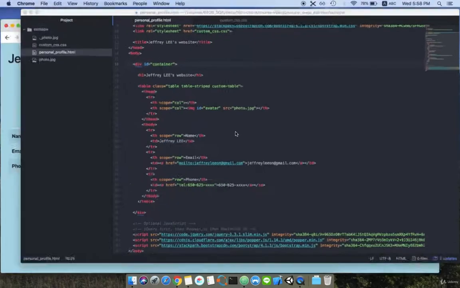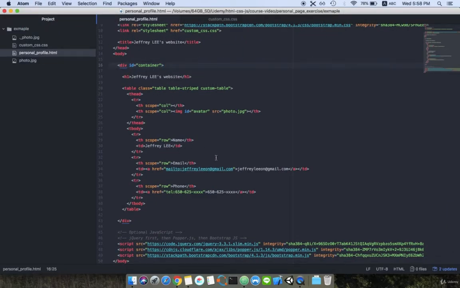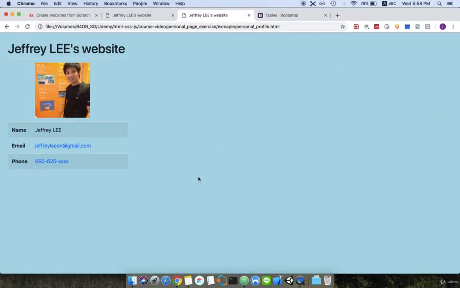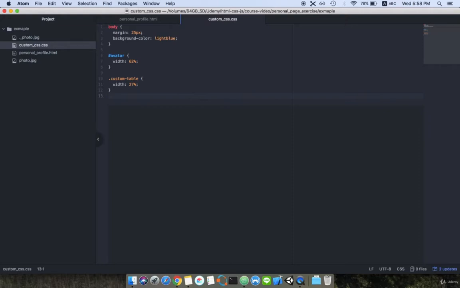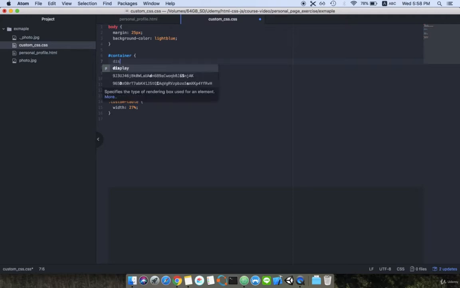So now, if I add a div and then add an ID and I do not do anything, there will be nothing changed, because I haven't added any custom CSS into it. To do this, I have to do hash container and then display block